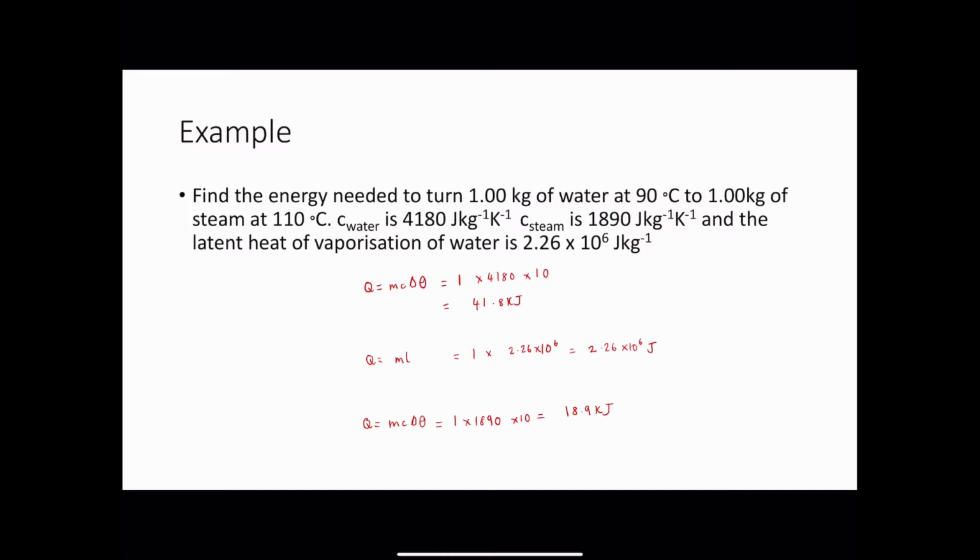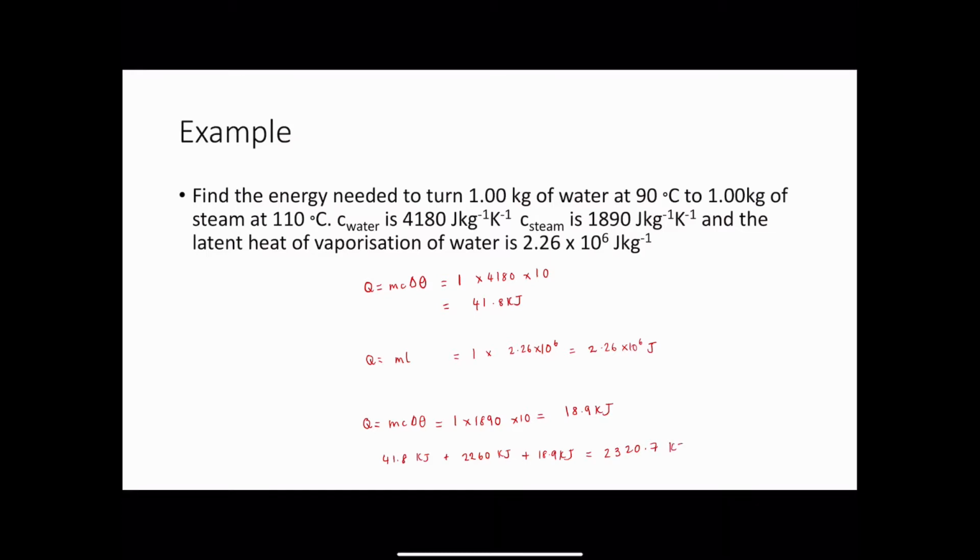together. So we'll get 41.8 kilojoules plus 2,260 kilojoules. I've just converted 2.26 times 10 to the 6 to 10 to the 3 there. And then I'm plussing that to 18.9 kilojoules. And that will give me a total of 2,320.7